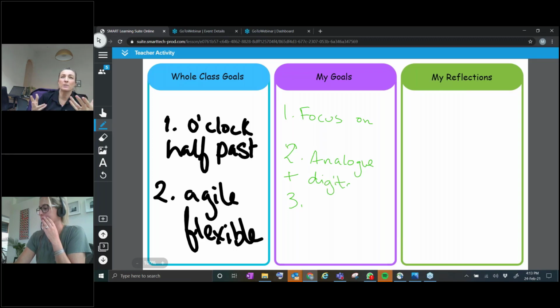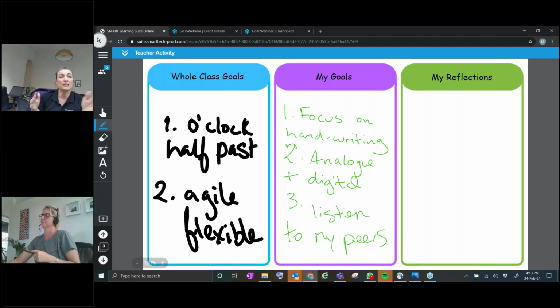But then maybe there's a personal goal in there. Maybe my goal from last week, maybe I talked a little, maybe I wasn't focused on my work, so maybe I'd like to stay focused for the entire lesson, or maybe I'd like to complete my activity, because last week I didn't complete my activity. So I might have a personal and learning goal. So then what would happen is, now that I've set my goals, which is fantastic, then we go off and